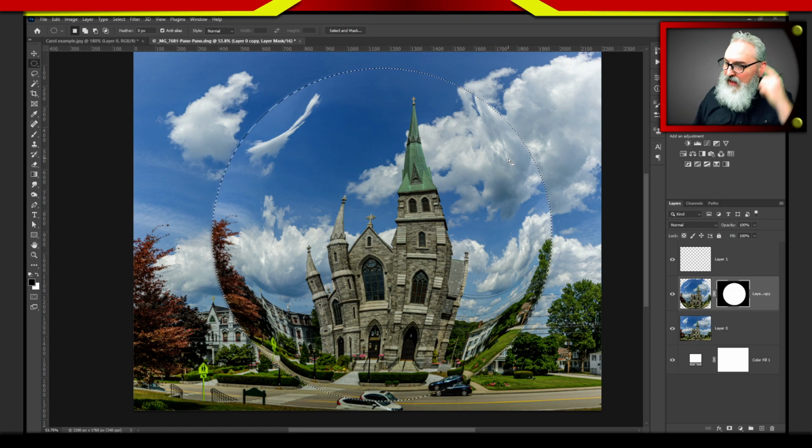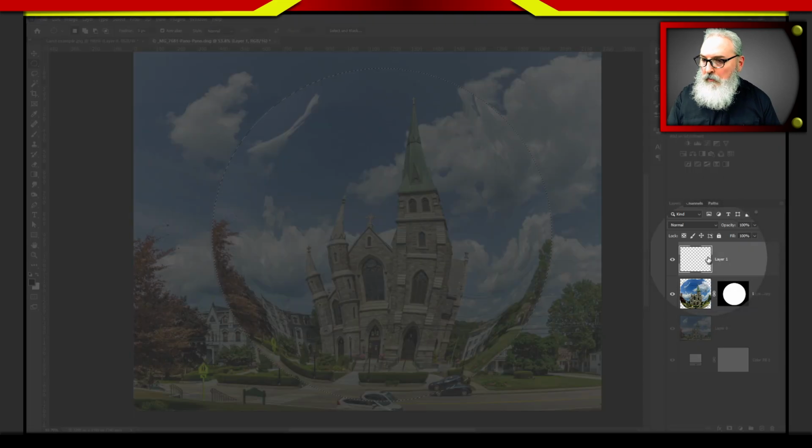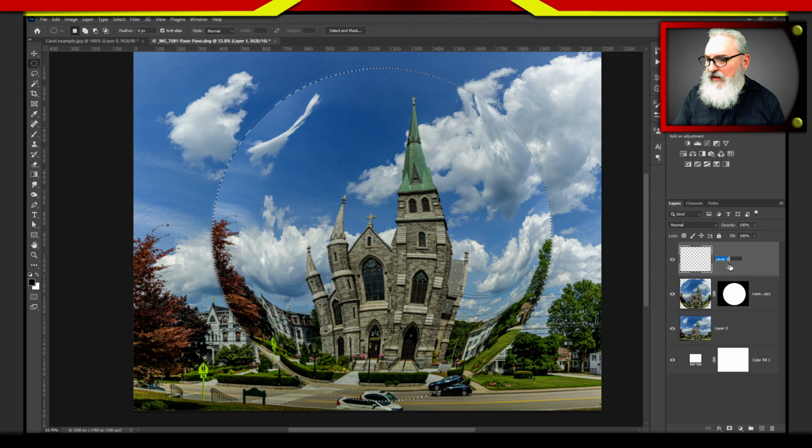All right, so keep that in the back of your head, because right now it's simple, but if you get more complex, you're going to notice that your selection is going to look a little wonky. All right, so now we have our selection. We're going to make our new layer the active layer by selecting it. And I'm just going to rename that